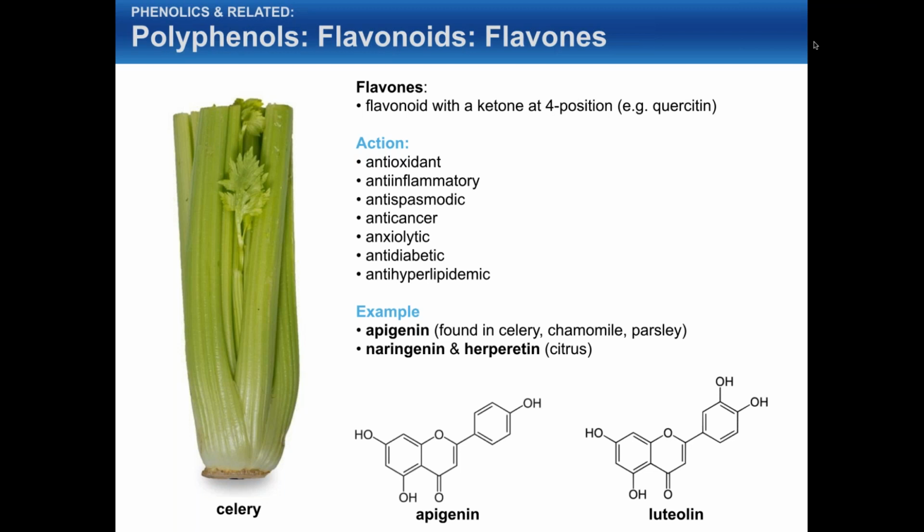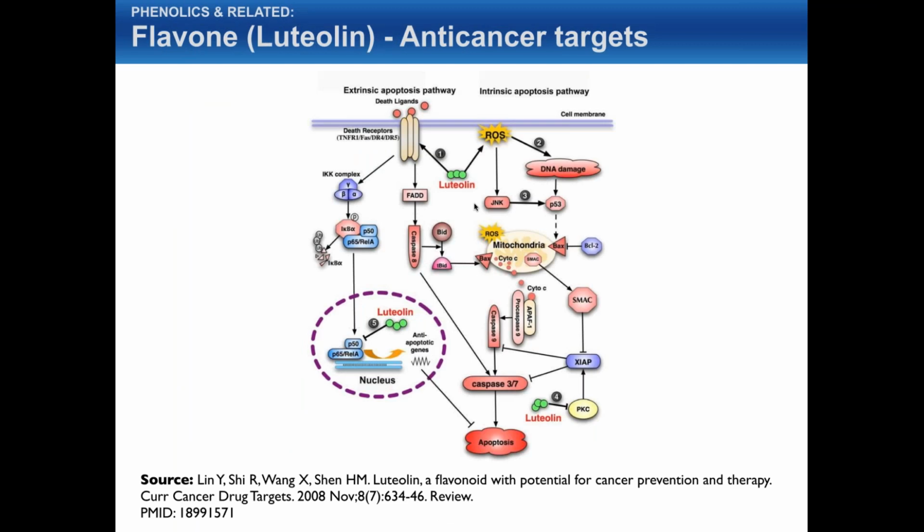Some of these benefits might be seen in some of the other flavonoids as well, but we know that this exists for these guys. When you look at luteolin, for example, it basically has a number of anti-cancer effects, and I don't really know enough about the biochemistry of this, even though my background's biochemistry. This is all stuff that I don't really know a whole lot about, all these different receptors and how they interact. I think you could do a PhD just on these pathways, but you can appreciate that the luteolin appears to work by 1, 2, 3, 4, 5 different mechanisms. So obviously it has antioxidant effects, helps protect against DNA damage, has some effects on various receptors like the P50, P53 receptors,